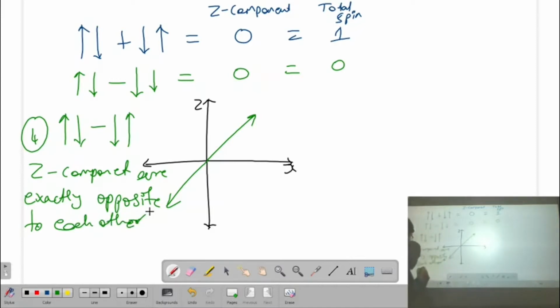Therefore we are not getting any resultant vector in z direction, so the z component is 0,